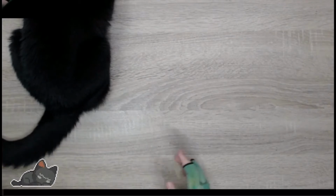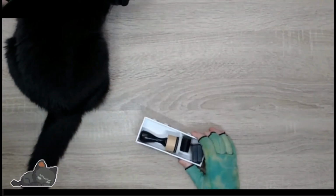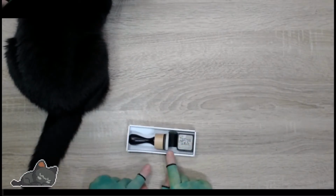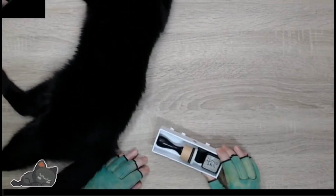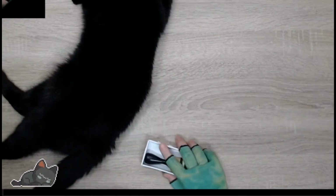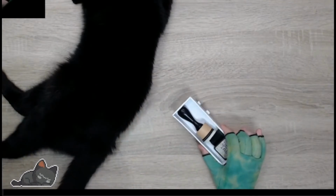So, what I thought we would do is have a go at making this a bit better. And I'm going to make it a touch longer so that I can fit a finger dauber in here as well, and not lose it. I have done a lot of research. And the best way to do this is to